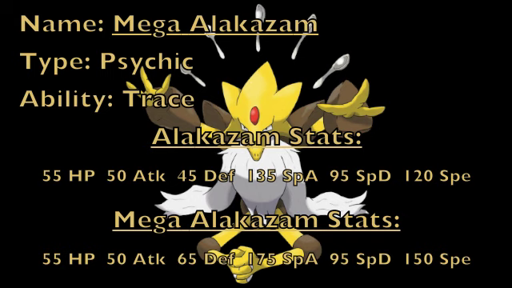You could potentially trace an immunity and then be immune to something that your opponent might actually want to hit you with, such as getting Flash Fire if put up against a Heatran or something like that. So this ability is extremely versatile overall, and something that Mega Alakazam definitely benefits from. However, arguably this is the worst ability because of Magic Guard being just one of the best abilities in the game, in my opinion. So Trace does have its merits,